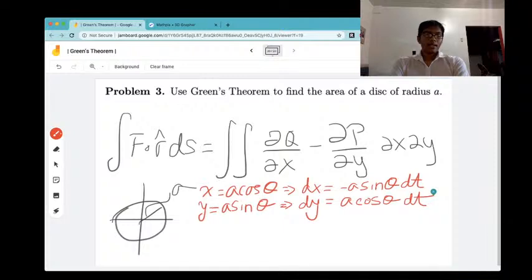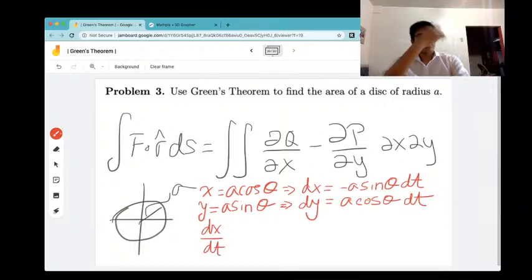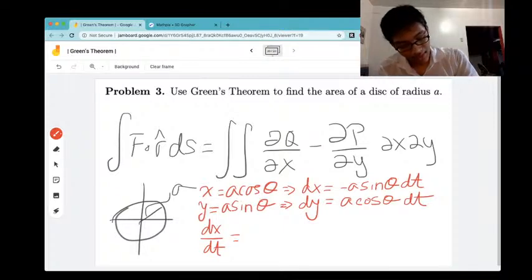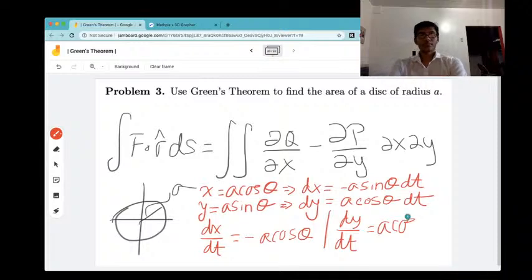Okay, now what are we going to do? Well, at this point, it's pretty simple, because the only reason I did that is so that I could find dx/dt. And now what do I know? Well, I know that dx/dt is simply minus a cosine of theta. Likewise, dy/dt is equal to a cosine of theta. Okay, and how does that help us? Well,